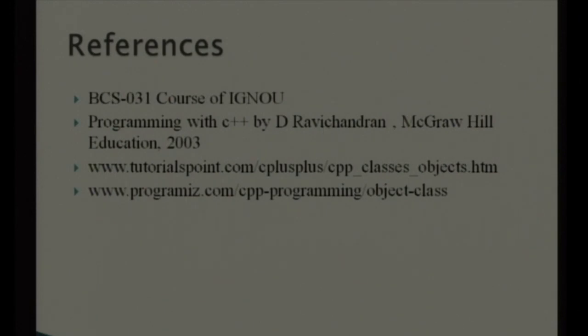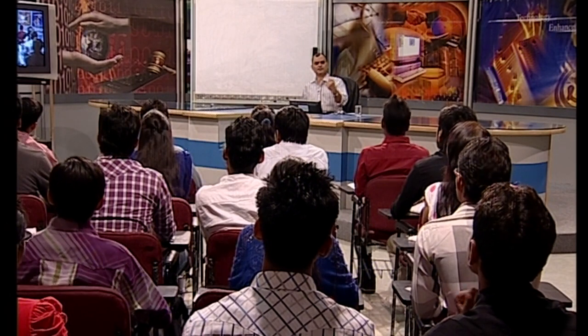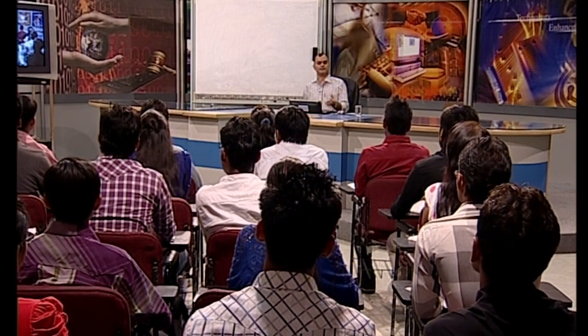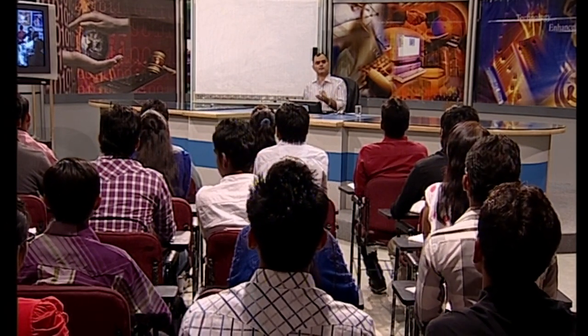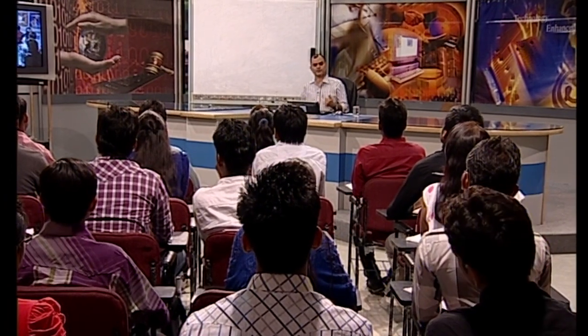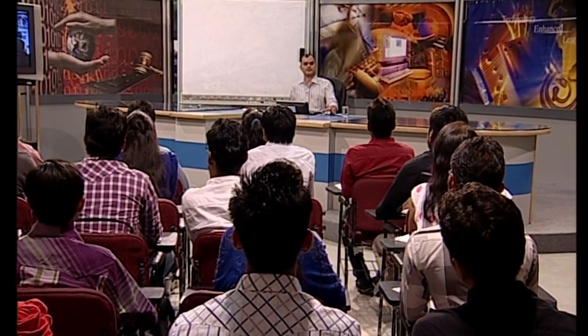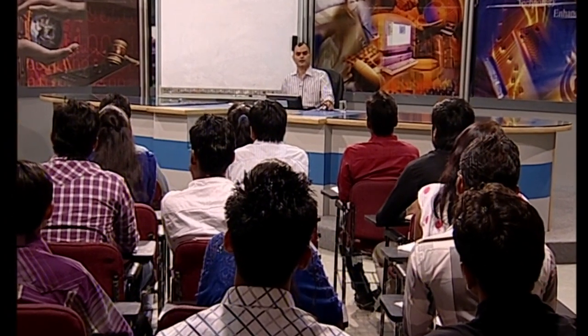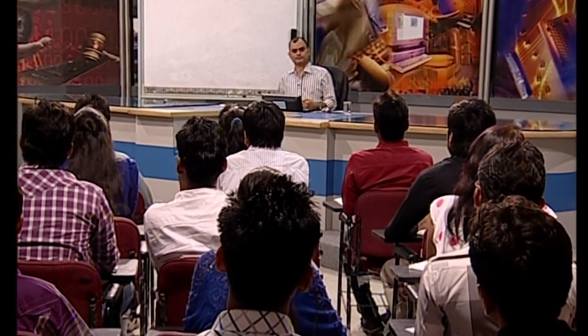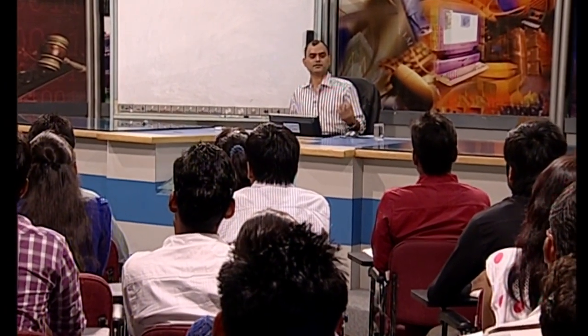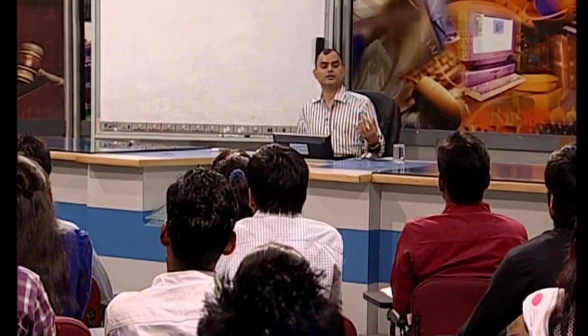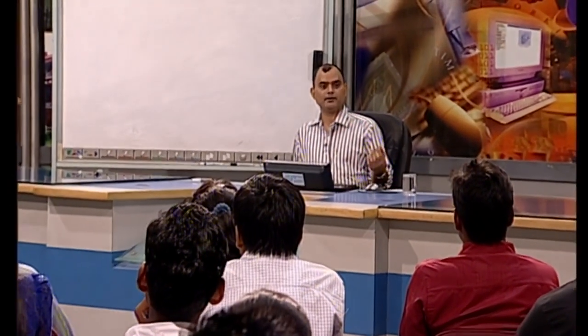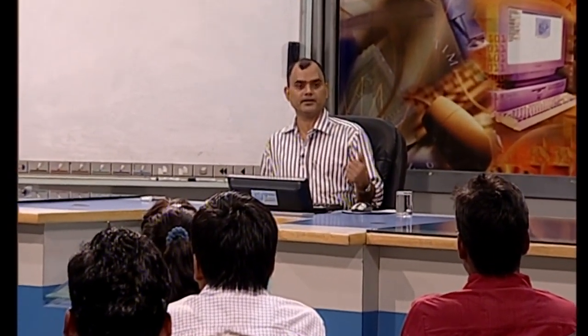This book basically talks about the basic things of programming in the beginning as we are discussing, and then it talks about object orientation. Many other books and materials are available, you can see the references of the BCS 1 material also, and you can find many things related to this, some programs in C++. You can even explore material available on the internet and learn from there also. But basic things obviously you will find in your material, so explore all those things.